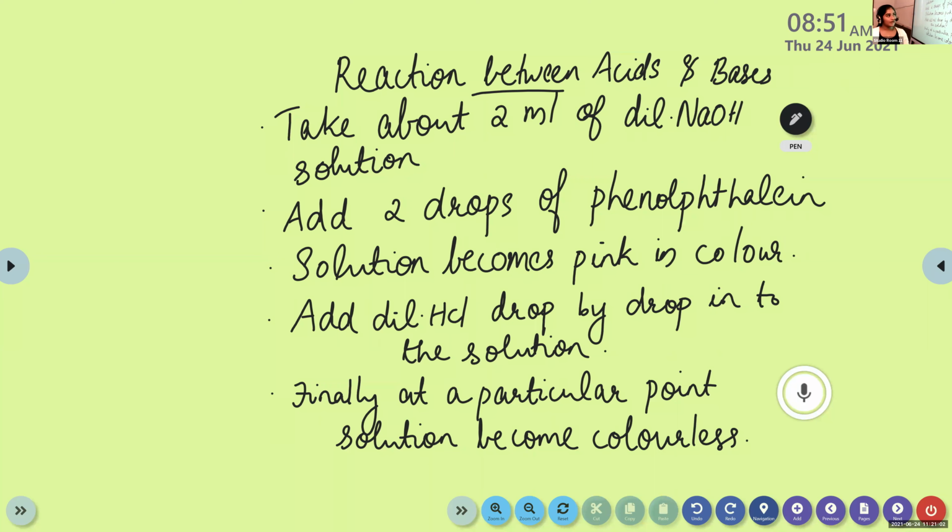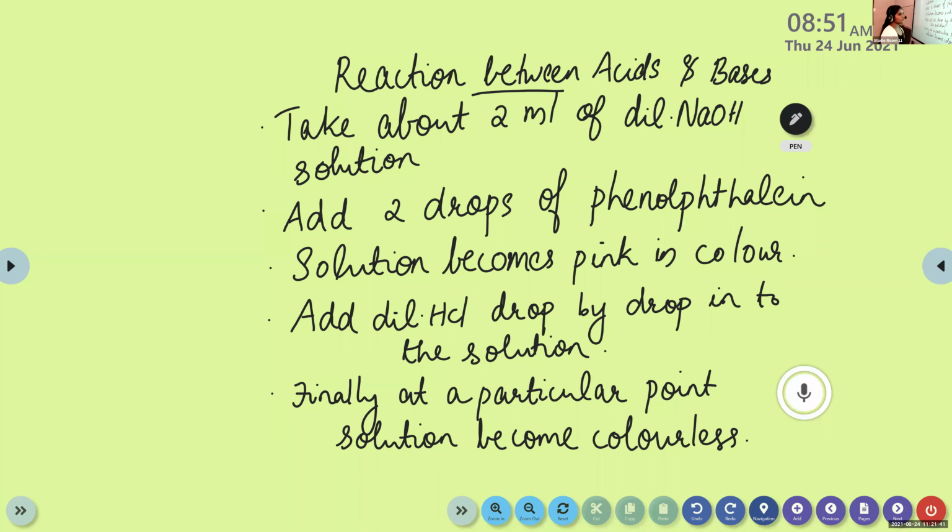Then can you tell me, why did the color of the phenolphthalein solution change after the addition of this hydrochloric acid? What reaction takes place there? It becomes neutral. Yes, it will become neutral because this acid can neutralize the excess amount of NaOH in that solution. So they will cancel each other's effect. Acid will cancel the base effect and base can cancel the acid's effect. That's why that solution becomes neutral.